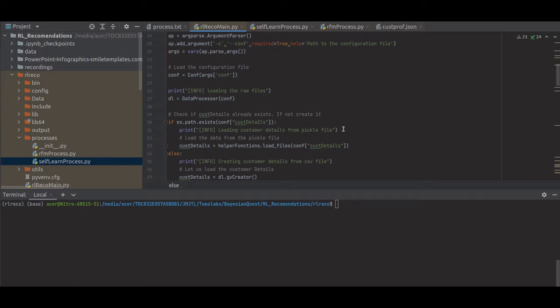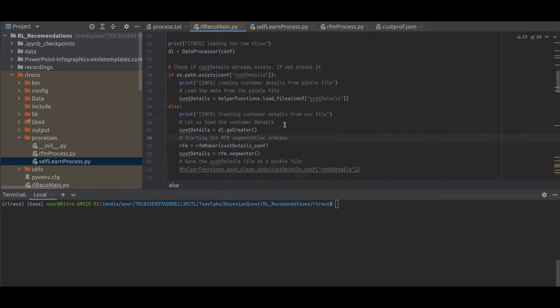If the data exists as a pickle file, that means we have already run this step once, the training, the pre-processing step, and then we'll pick the data from the pickle file. However, if the customer details file does not exist in the output, this will run. I've already done this, so that's why the pickle file exists here.